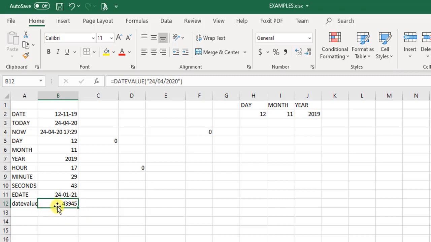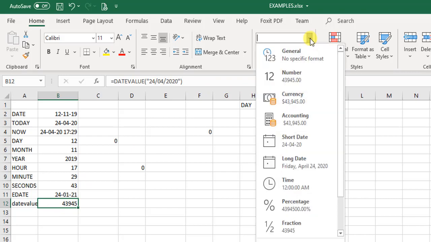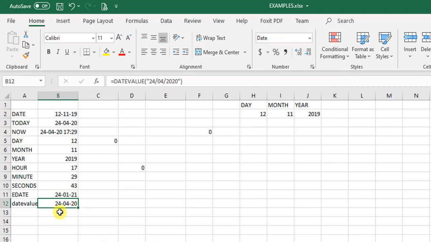So corresponding to 24/4/2020, this is the internal value Excel is storing. Now if you want to see the date value of this particular function, what you need to do is very simple. You can go to this format toolbar, and instead of General, if you select Date over here, you see Excel immediately converted it into a date format.